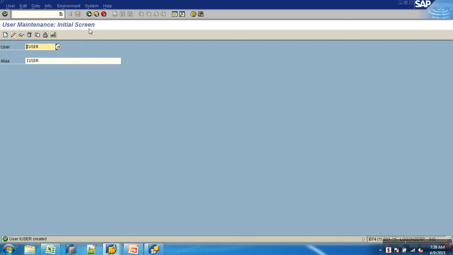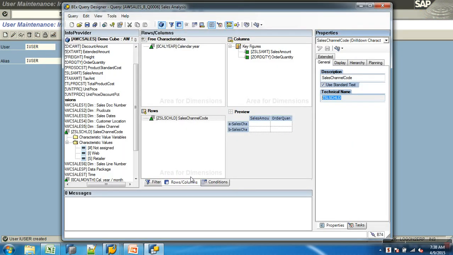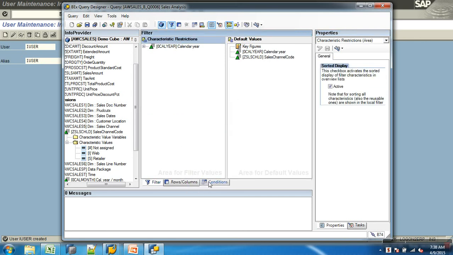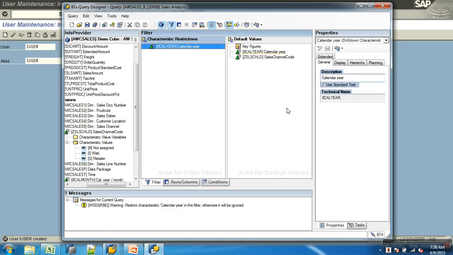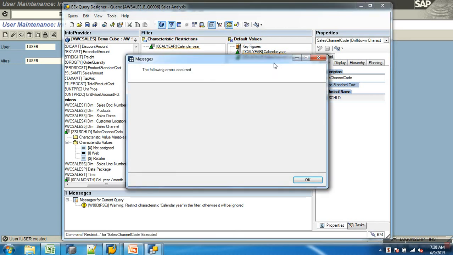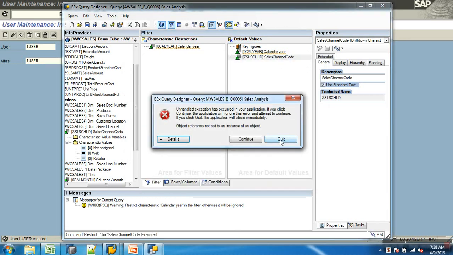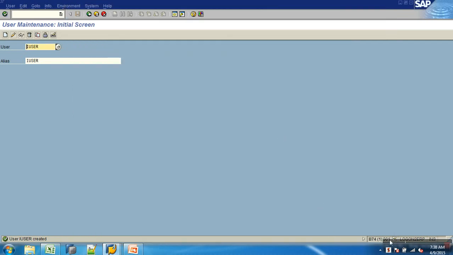So now the backend authorizations are set. The only thing is I have to get to the front end and create a variable which would use those authorizations. If I want a variable to get filled in on the authorizations, I must create a variable with authorization as the processing type. So where to restrict here? Condition name. I am removing this variable and replacing it. What variable? You restrict on what? Sales and code restrict. Shall I save this?